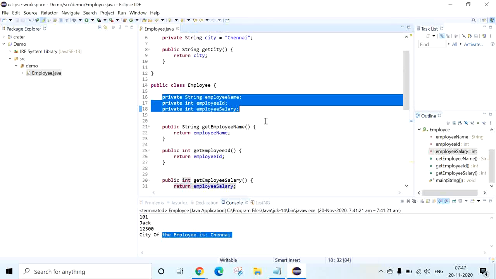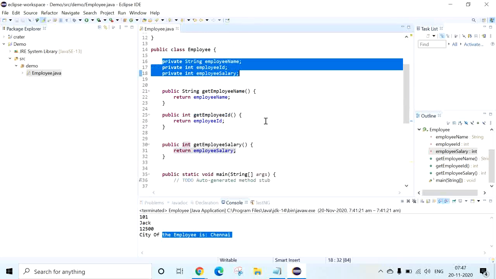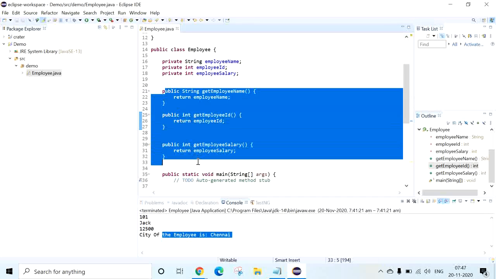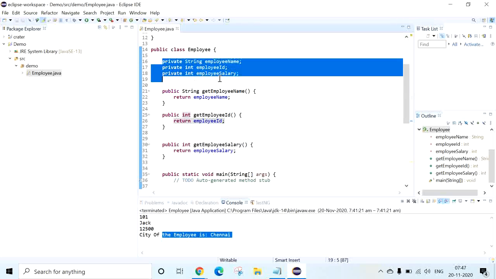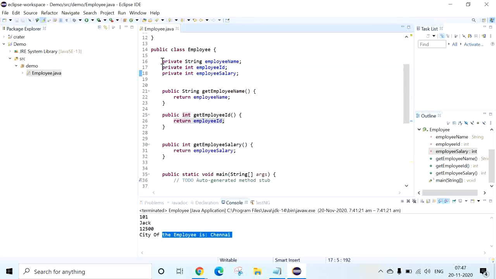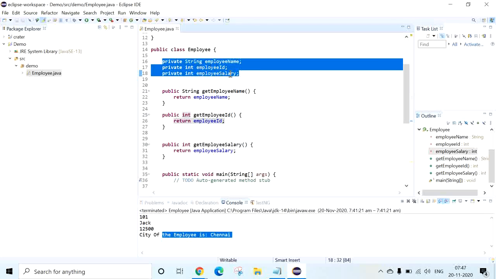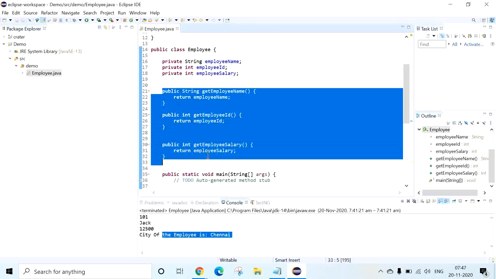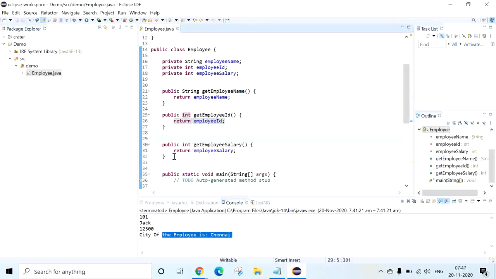Shiva, every member data you need to have getter methods. Every company follows this standard. Otherwise, simply we can say employeeName equal to Jack, then we can print it. But from the beginning I want you guys to follow some standard. This is a standard form of accessing the member data. You should not access any member data directly. That is the concept. You should access via the methods, using these getter methods. Also, when you want to assign a value to the member data, you need to assign